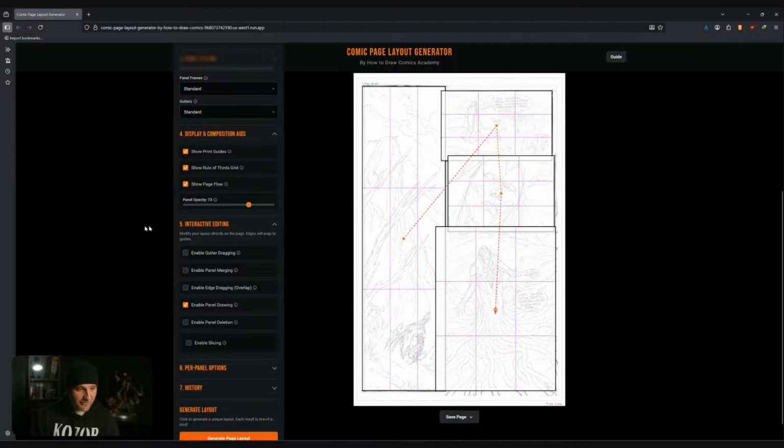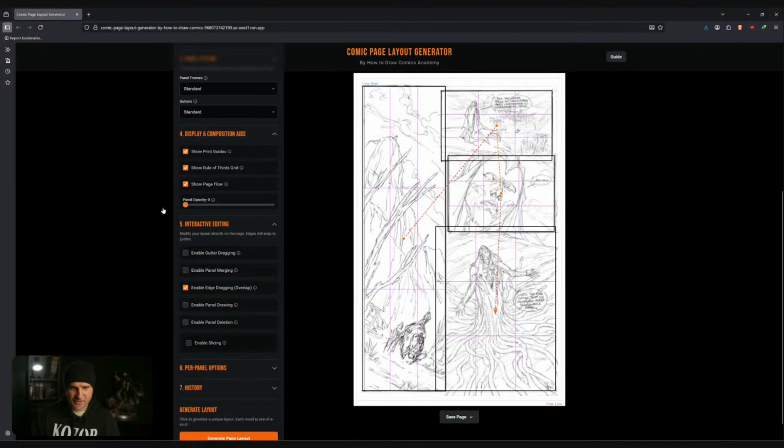So let me now go ahead and actually make some adjustments because, obviously, looking at this, it's a little bit of a mess. It's good for the most part. We got these panels in pretty darn fast, but now we need to perfect it. Okay, so this is really easy too. All we got to do is select our enable edge dragging tool. We're going to click on this one. Okay, and let me just check to see how these panels are actually layered. All right,